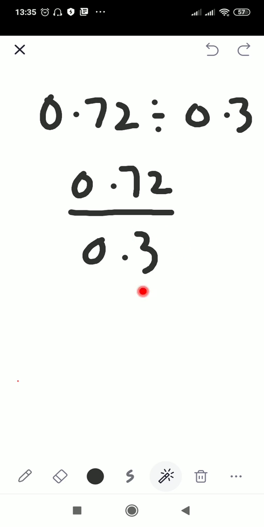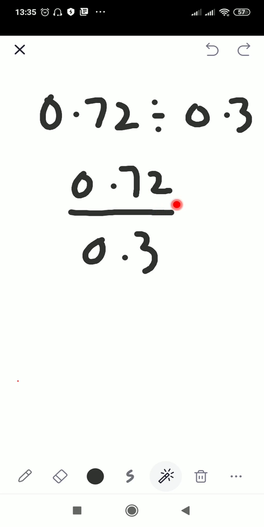We have to make this a whole number, because if you make this a whole number, it will be easy for you to divide. Alright, it is not important to make the dividend a whole number, but it is important to make the divisor a whole number. So we are going to move this one decimal place over here and we can get 3. And if we move one decimal here, here also we are going to move one decimal place. Alright, and what we are doing is converting the decimal to a whole number.